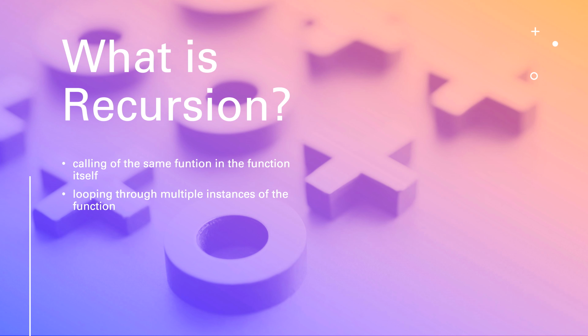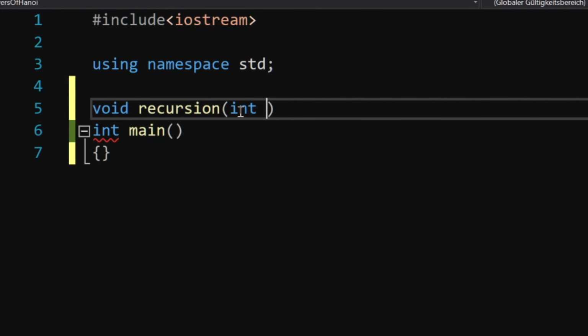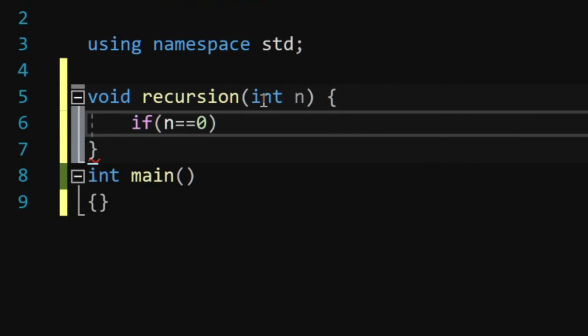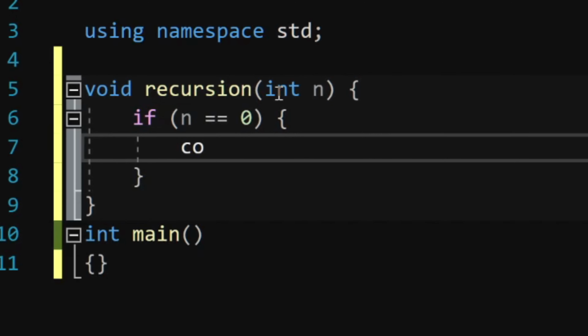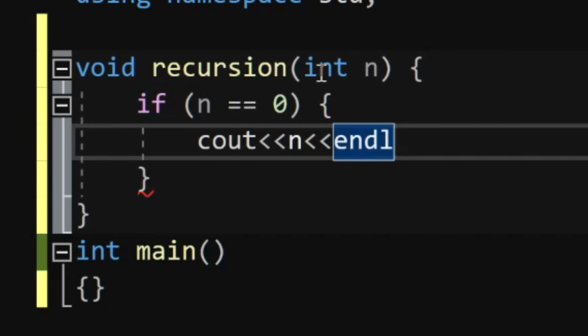To see that and understand what it does, I create now a small recursive program which basically just counts down. I start with creating a function which expects a variable, which I call n. In the function, I create an if-else statement. The if gets triggered as soon as n equals 0. So we have an exit of the recursion, otherwise it would loop infinitely and cause a stack overflow.